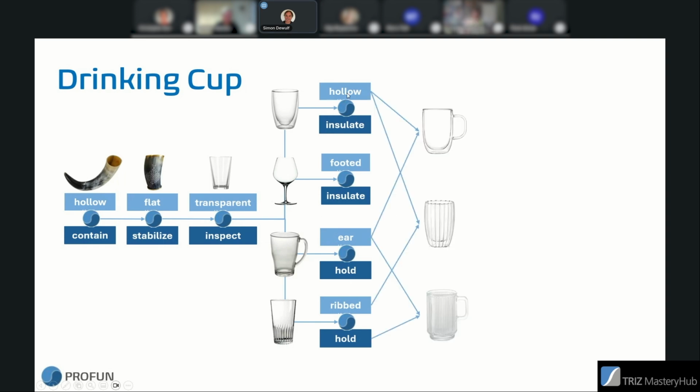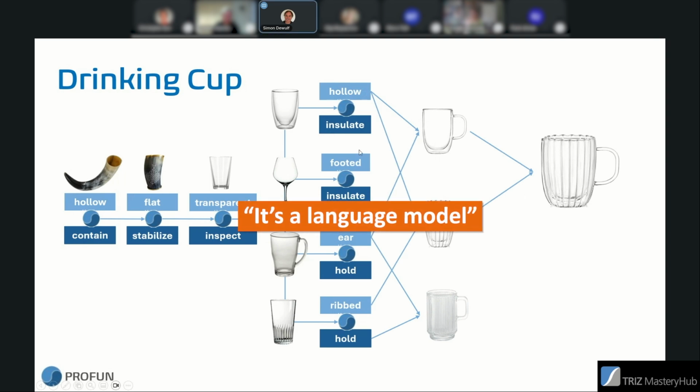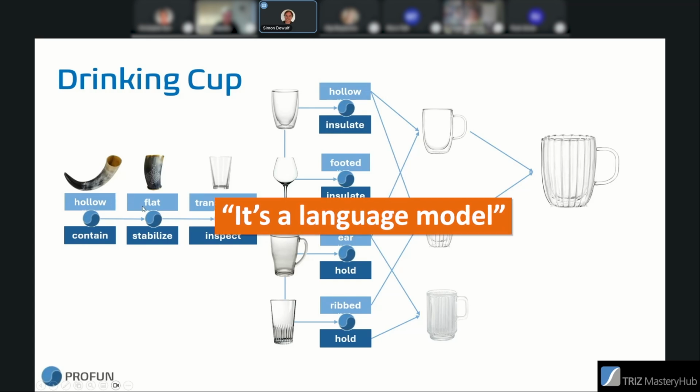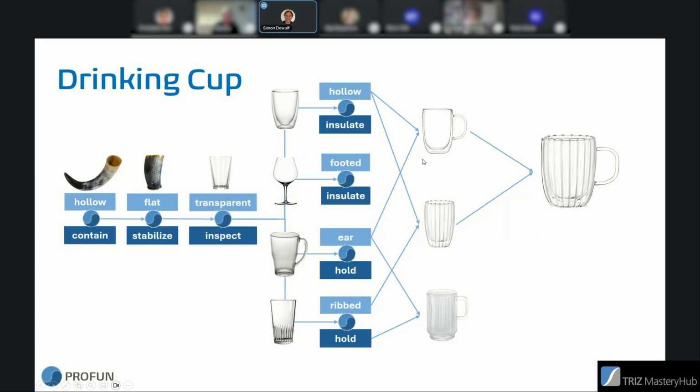And of course, then you can start combining and say it evolves with hollow and ear, and you have this one. Or you have hollow plus ripped, and you got this one. And all these products hit the market at a certain time, where ultimately you could combine all these together and you get a new version. But the beauty here is it's a language model. You basically use a few of these adjectives and you put them in front of the noun, and then you can create a kind of